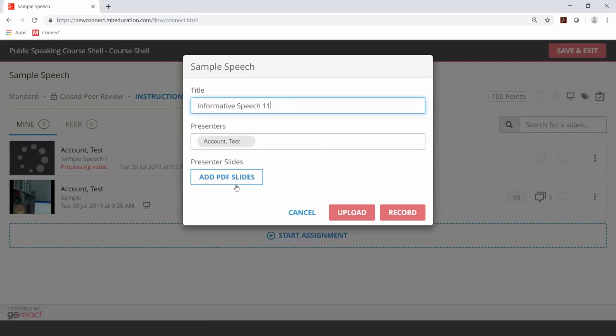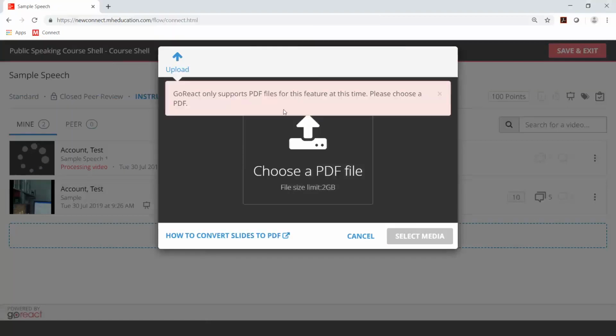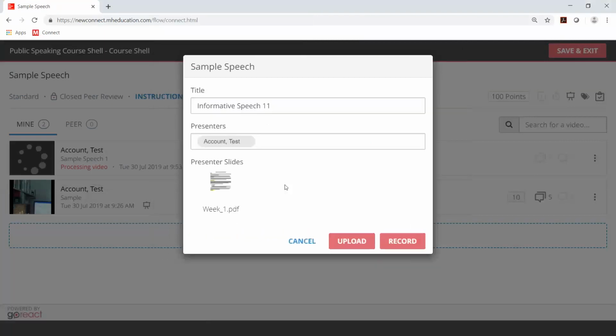Let's call it 11. I'm going to add another slide deck in here. Oops, that was a speech file. Let me put in a PDF, and then I'm going to show you what it looks like from the record side. Now, if a student uploads a PDF slide deck, once their speech is uploaded, they can go back in